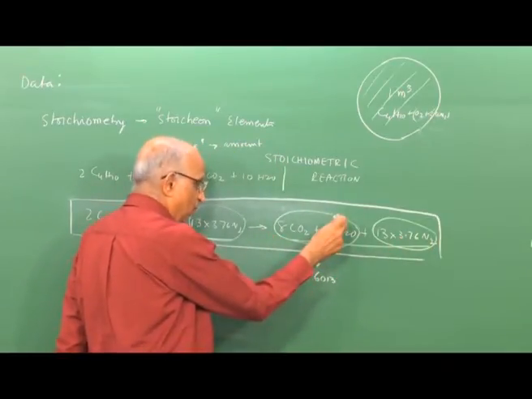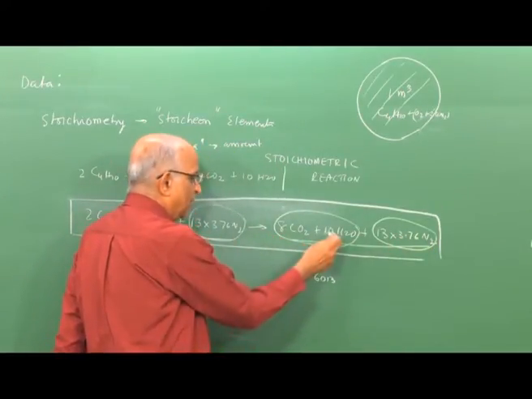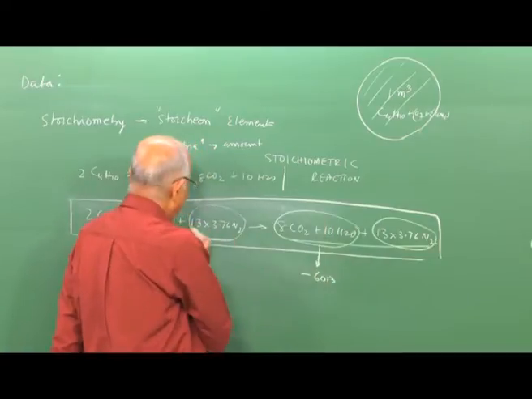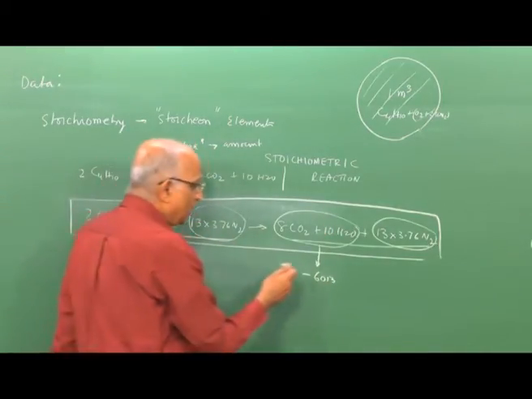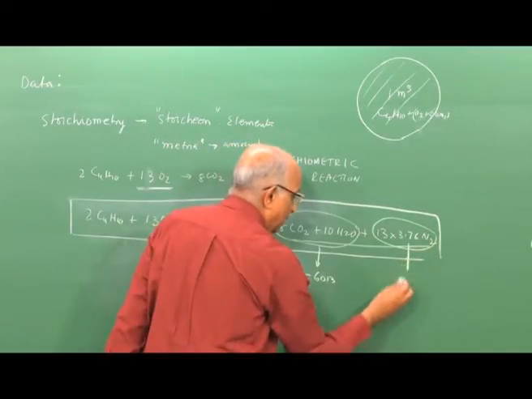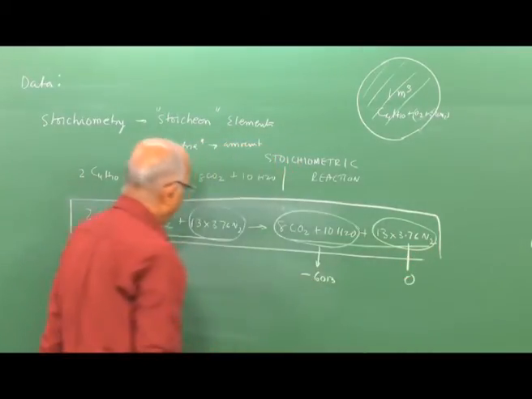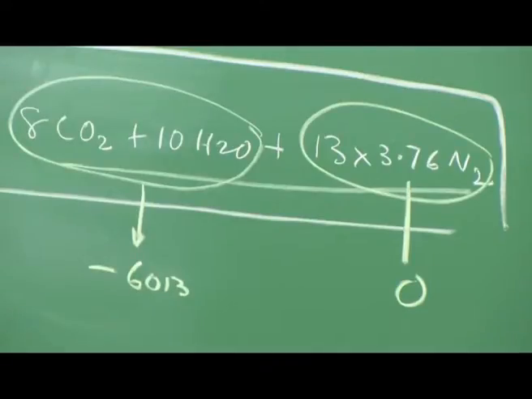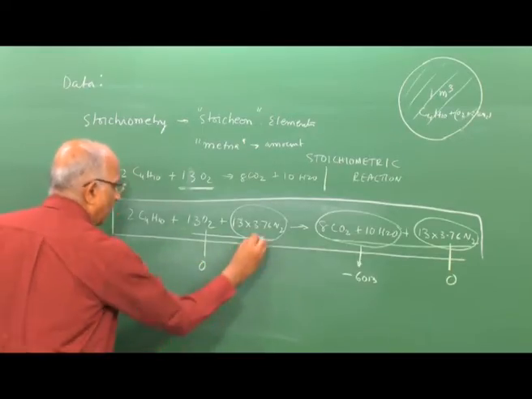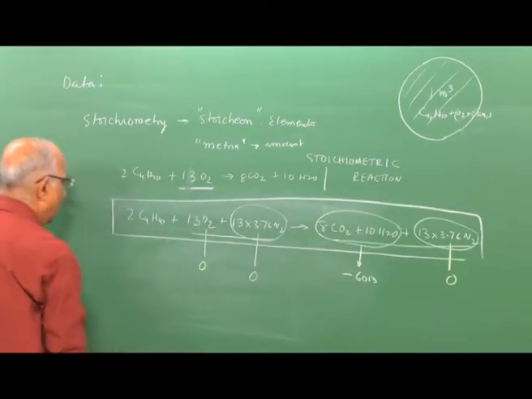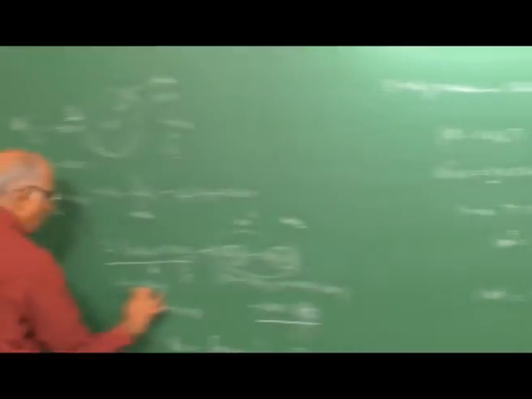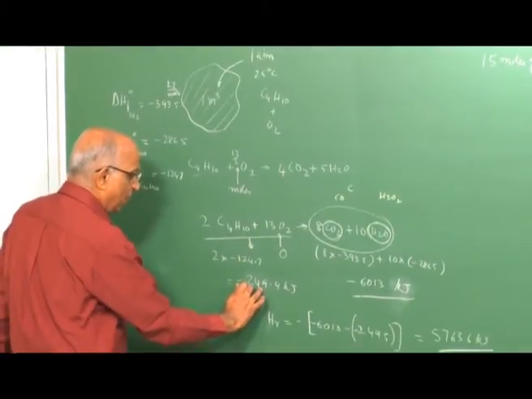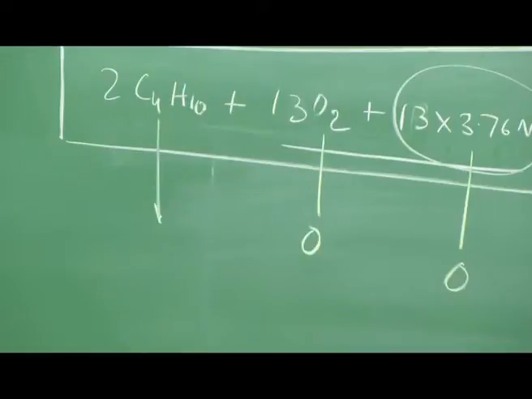Well, we presume that we are finding the difference when both the products and the reactants are at the same standard condition. And what is the value for nitrogen? Well, it is a naturally occurring element, it is 0. Over here for oxygen, it is 0 as earlier, a naturally occurring element. For 2 C4H10, if we go back and see the value, it is 2 into minus 124.7, which is equal to minus 249.4.